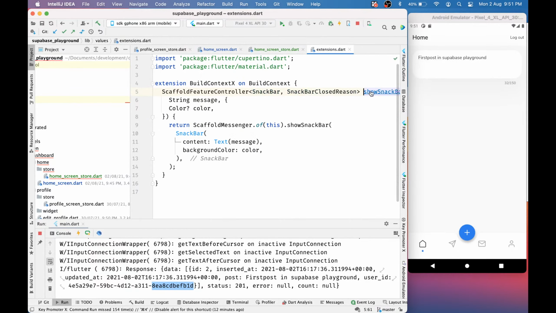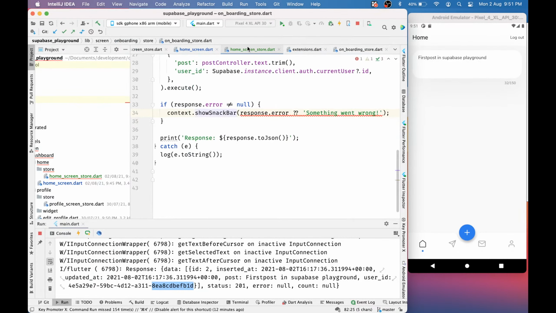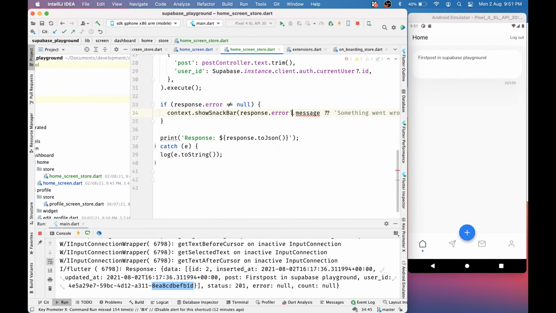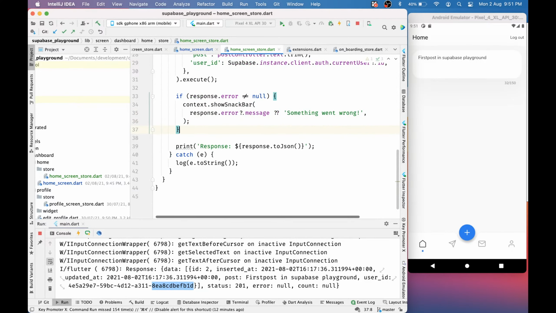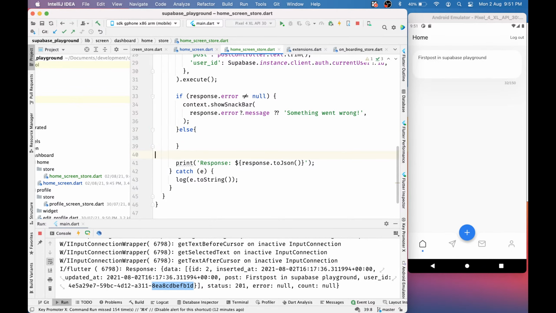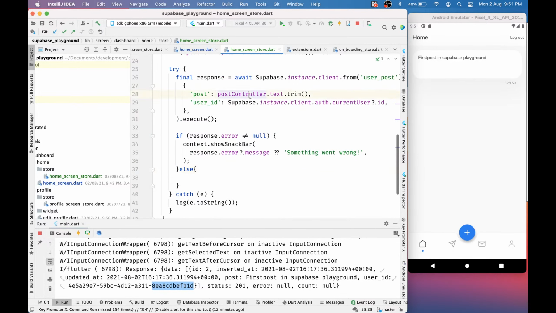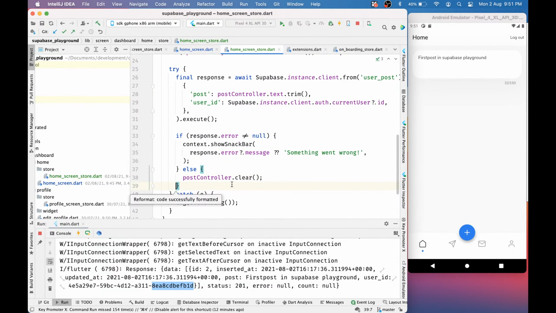How I'm using it at other places. Oh, error message. Okay, got it. Got message. Cool. It will throw an error, else we are going to simply remove all the text from the post controller,